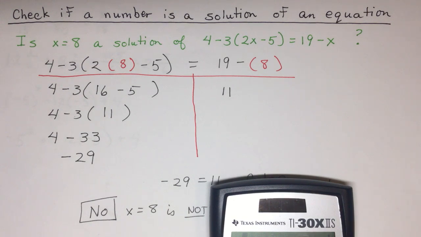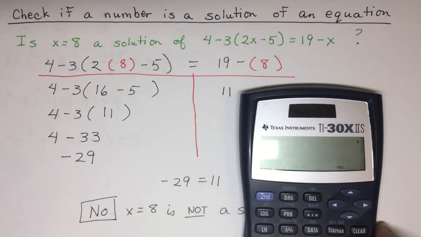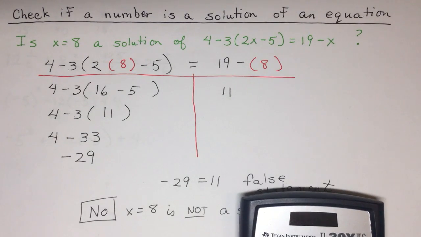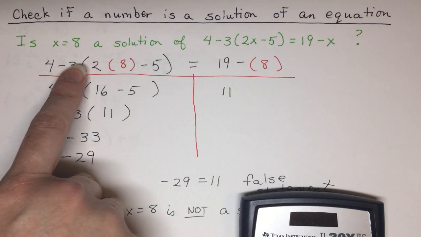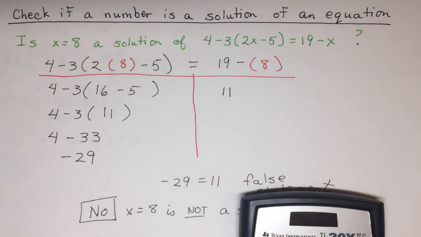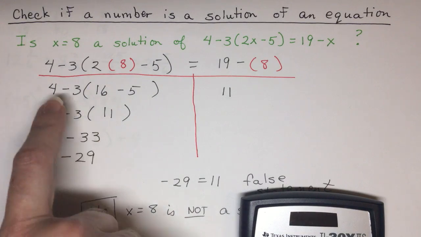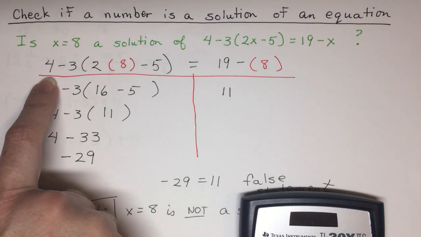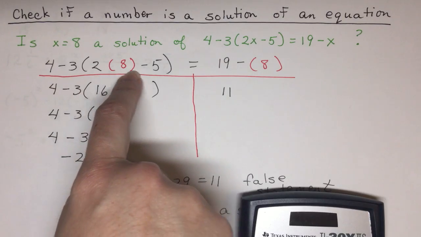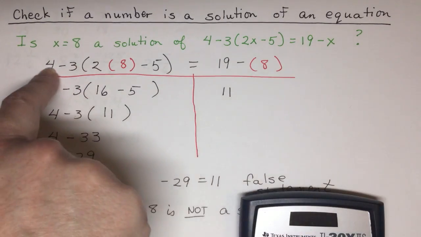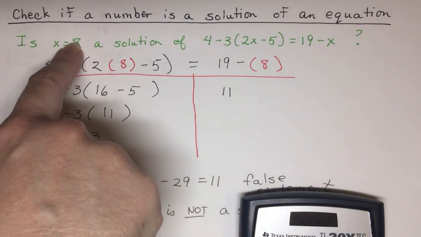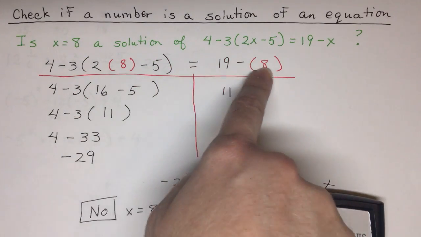Okay, so I'm going to show how to do some basic arithmetic with the TI-30X2S model scientific calculator. Here is x = 8 a solution of this equation? Now we had checked this by hand. Using the calculator, your first step is still going to be exactly the same. You should have this line written out where you substitute in 8, what we're checking, everywhere we had an x